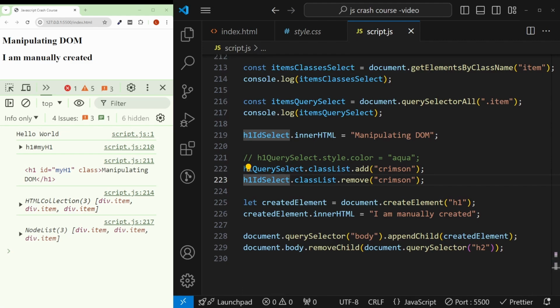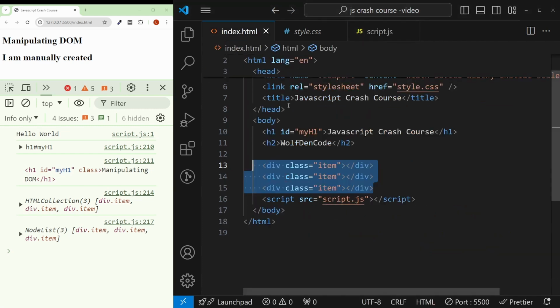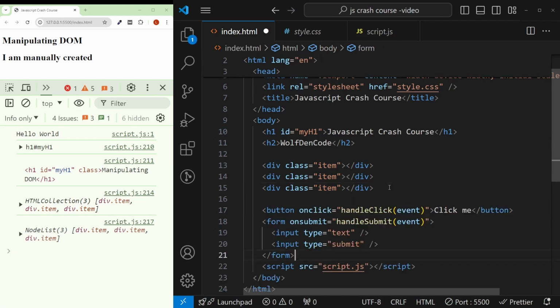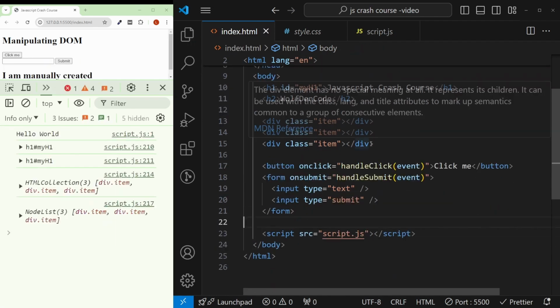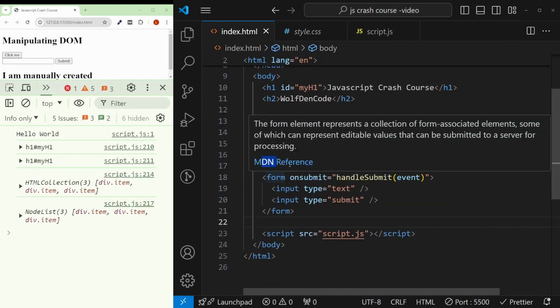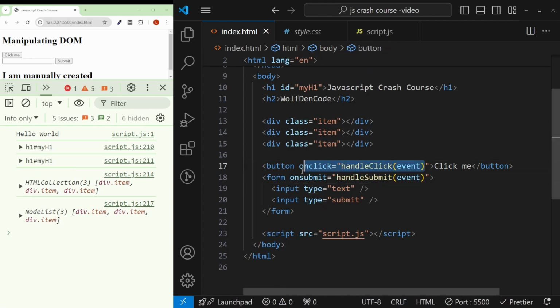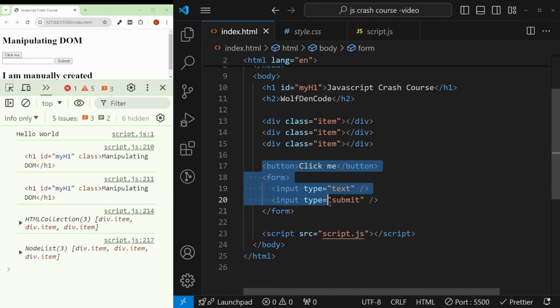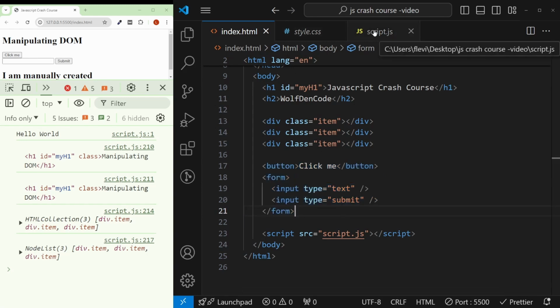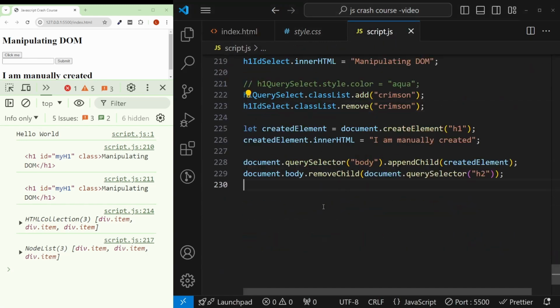Now we can move on to some event handling, for which I will copy over some forms. So in our index.html, just open it up. This will be in the source code, so do not fear. There is a button here, and I will remove this because I will be explaining it separately. So now that we have this button in this form, we can go back to our script.js, and to handle,